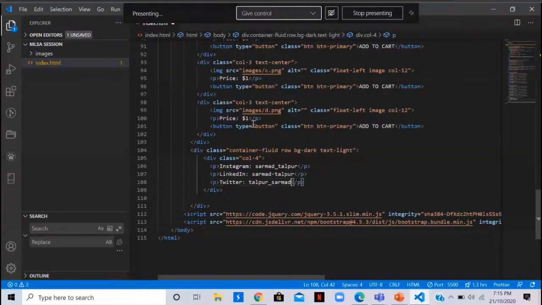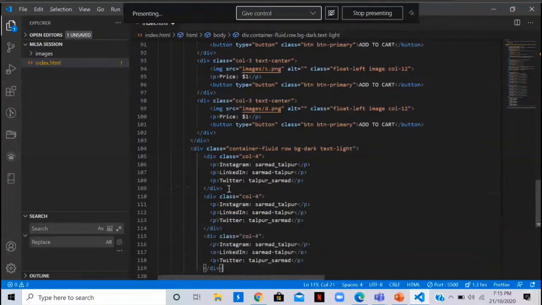Just copy this column. Let the content be the same. Doesn't matter. We're just experimenting. So